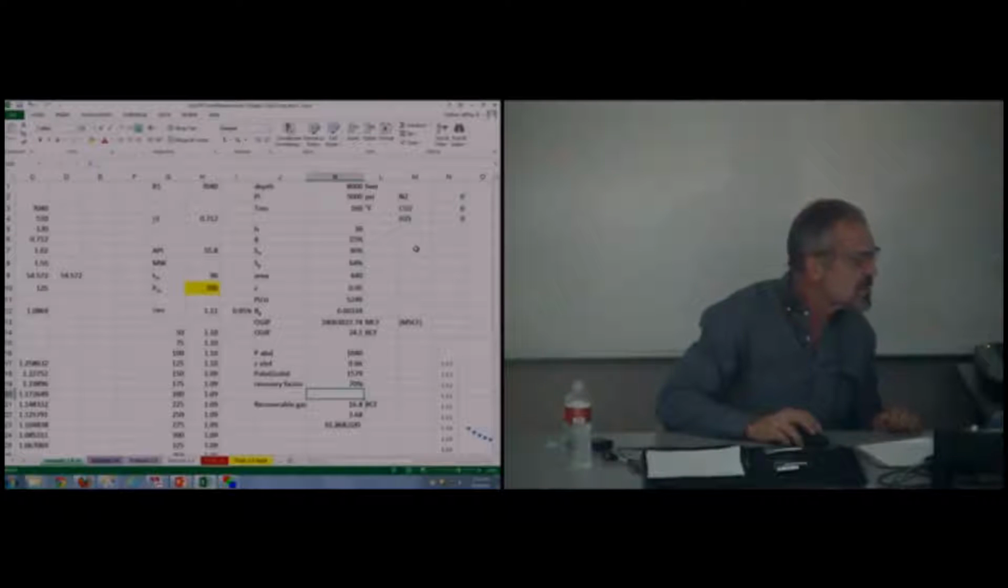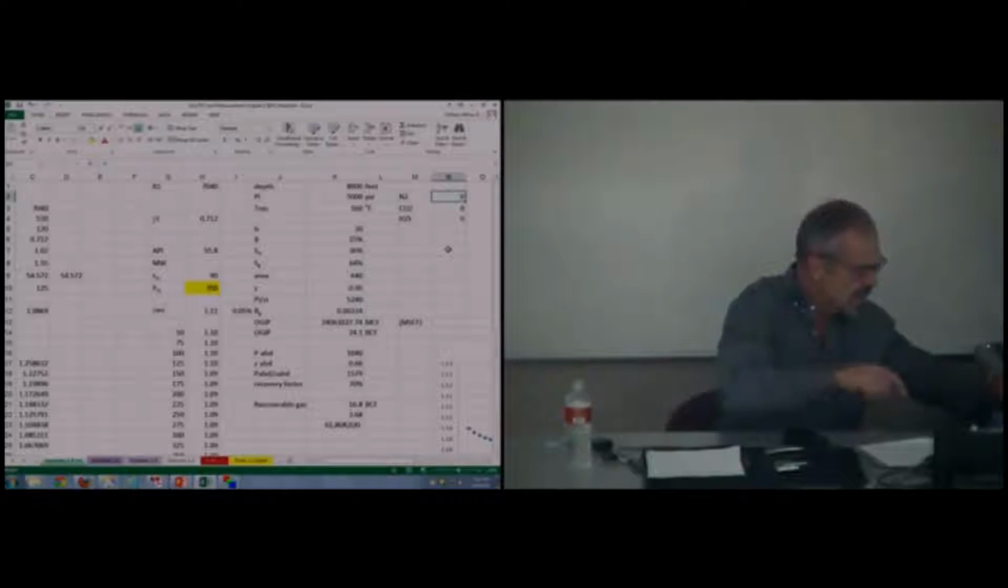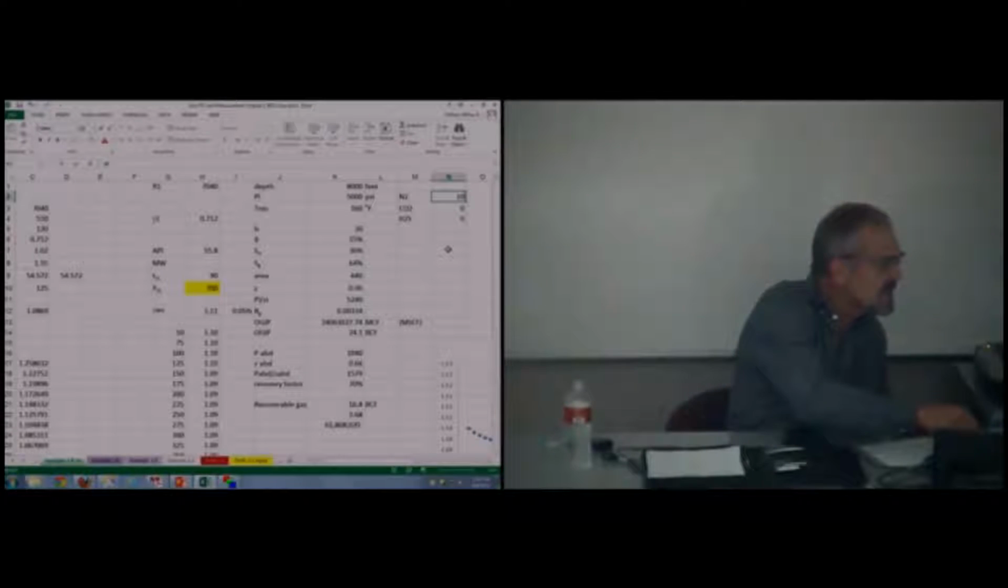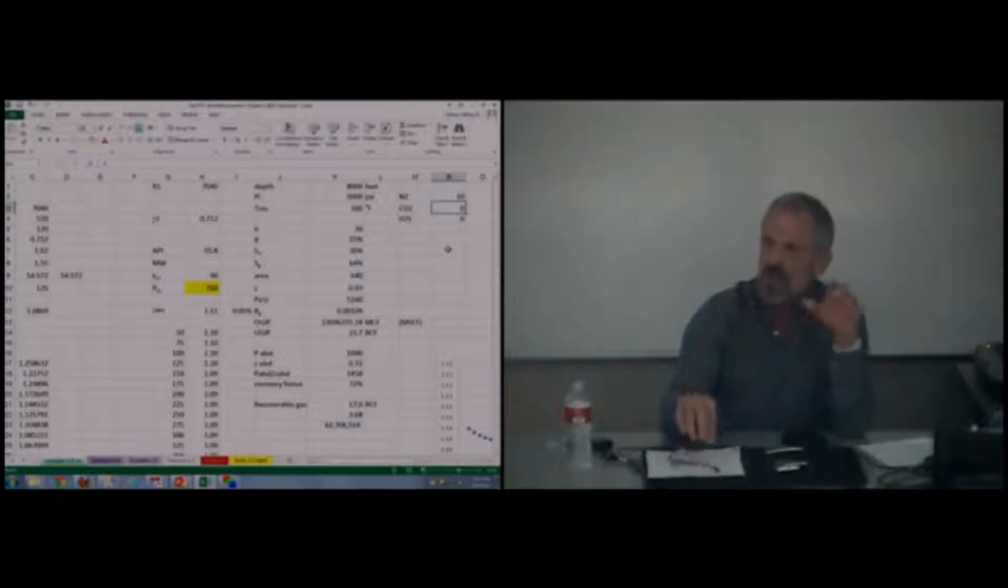Which one helped your recovery factor? N2, noticeably, if it was over 5%. Let's give it 10% nitrogen. My recovery factor is 70 and it goes to 72%. So,